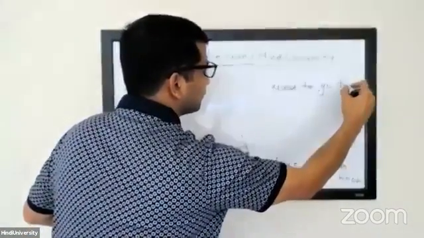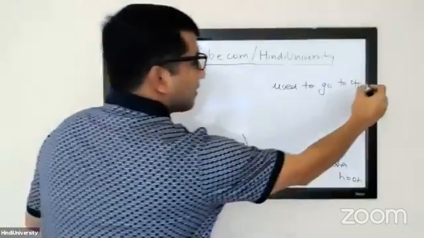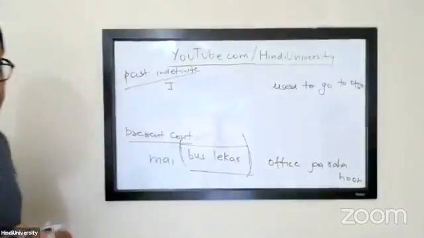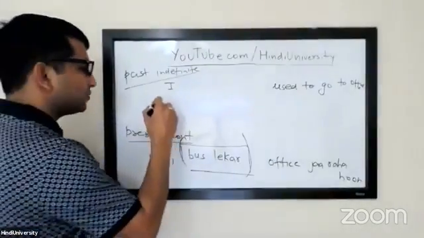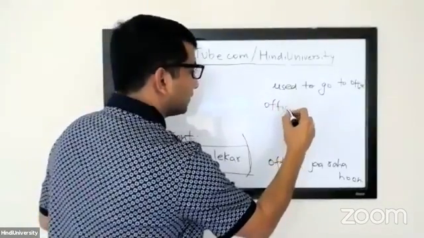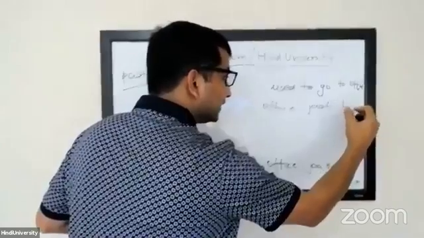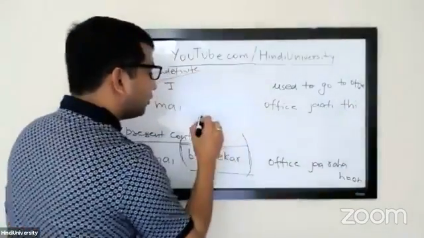I used to go to office. मैं ऑफिस जाती थी. Okay, so मैं ऑफिस जाती थी. In your case, you can say मैं स्कूल जाती थी. Okay, now let's say